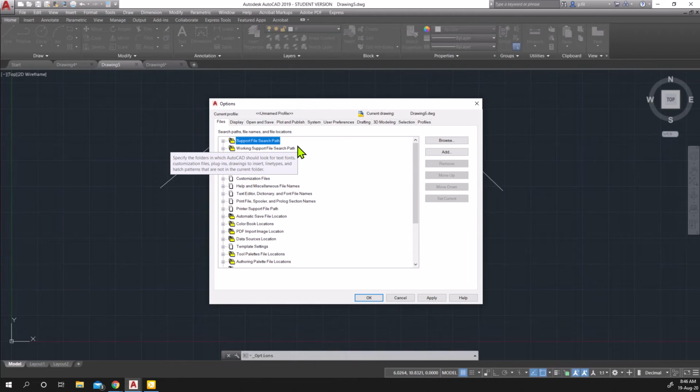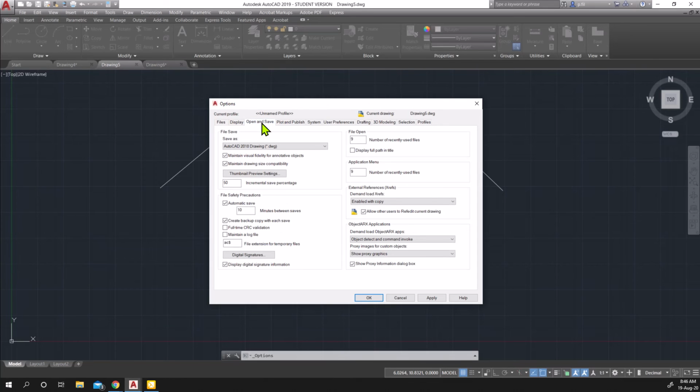And what we're looking for, the automatic save, is, let's see, open and save, and we are looking for